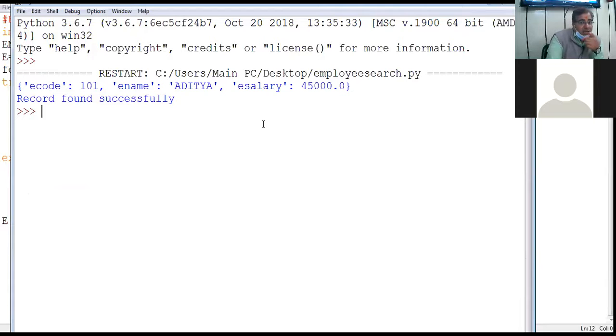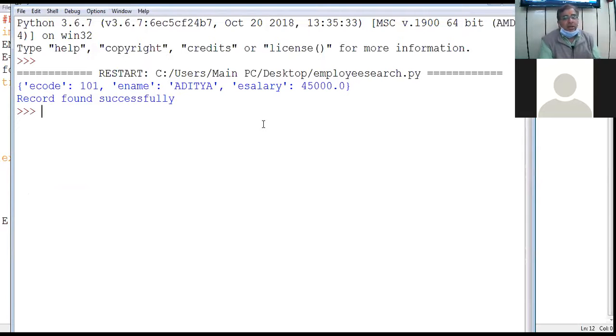See, there was one record with the name Aditya, whose salary was 45,000, and as per the given criteria, my record satisfies the condition that salary of Aditya is less than 60,000. Right? So the record found successfully.